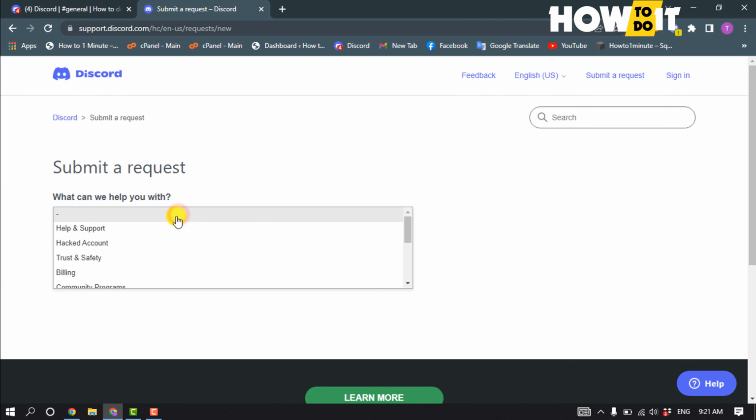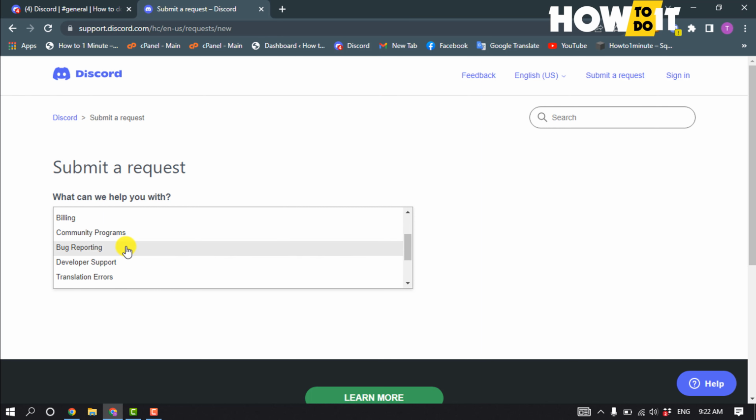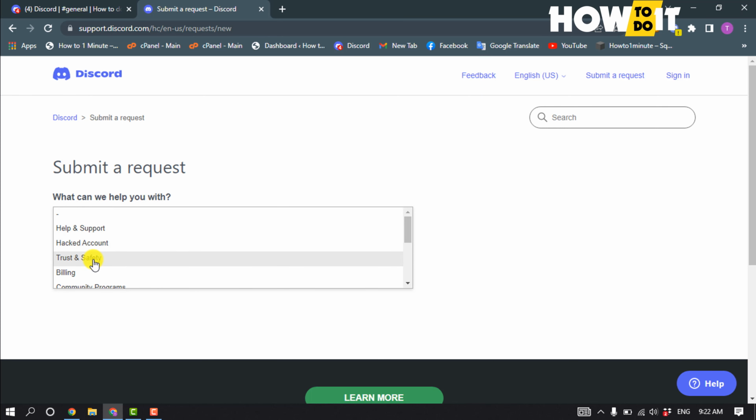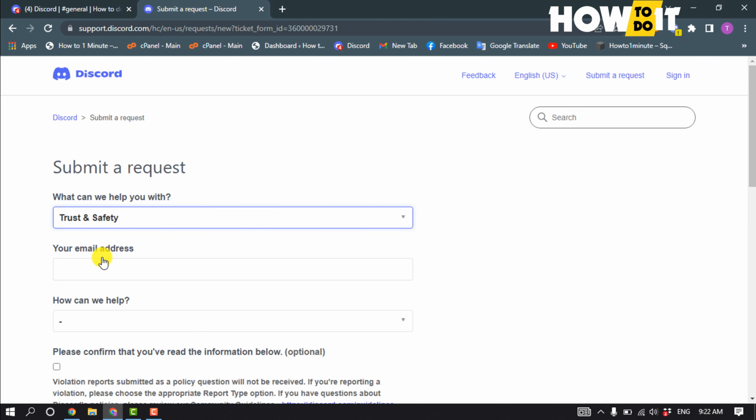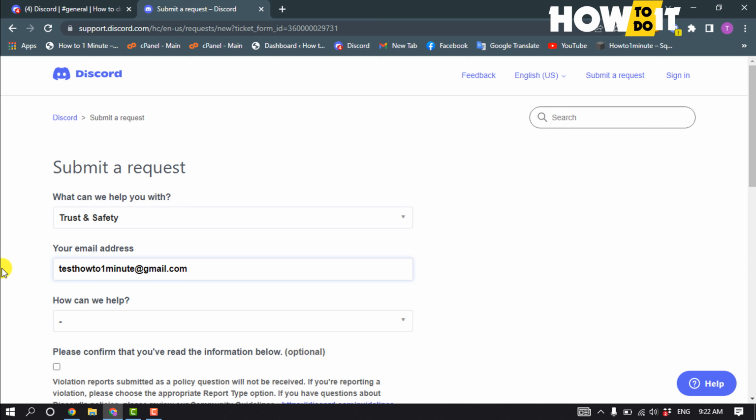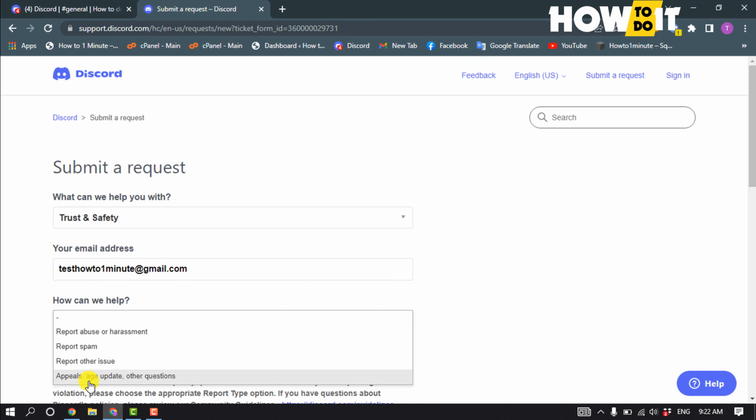and you have to select here trust and safety, and enter here your Discord account email address. How can we help? Click here and select Apple's age updates